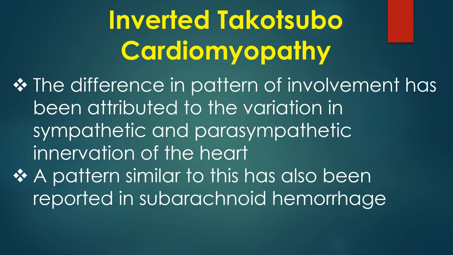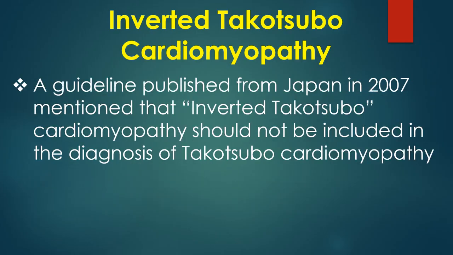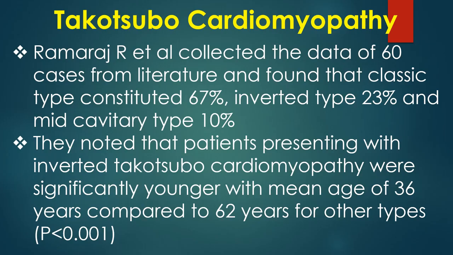The difference in pattern of involvement has been attributed to the variation in sympathetic and parasympathetic innervation of the heart. A pattern similar to this has also been reported in subarachnoid hemorrhage. A guideline published from Japan in 2007 mentioned that inverted Takotsubo cardiomyopathy should not be included in the diagnosis of Takotsubo cardiomyopathy. Ramraj and colleagues collected the data of 60 cases from literature and found that classic type constituted 67%,